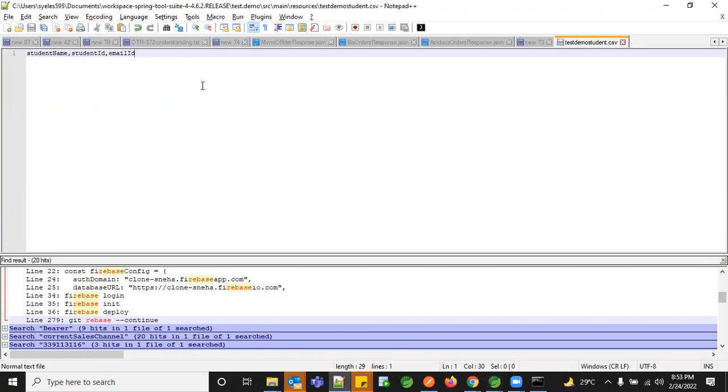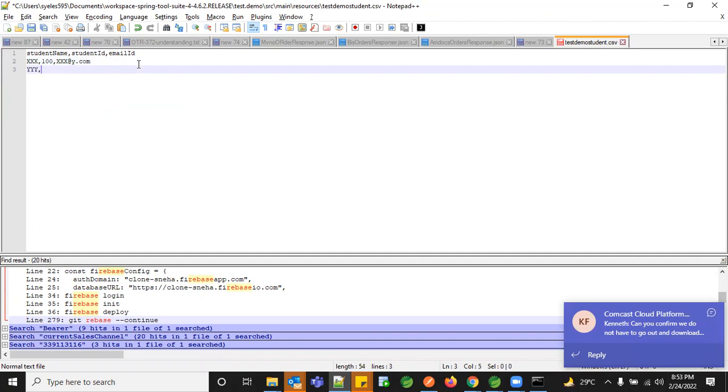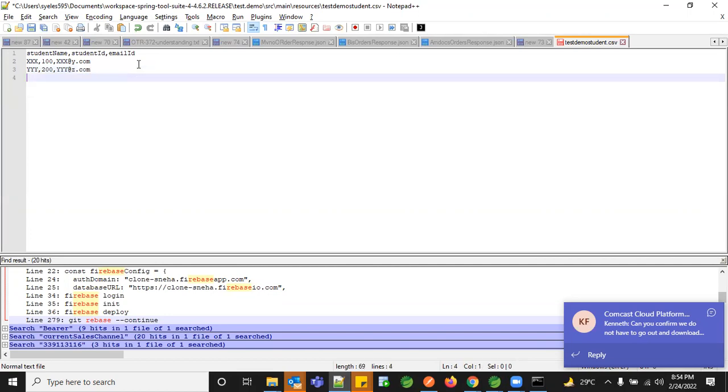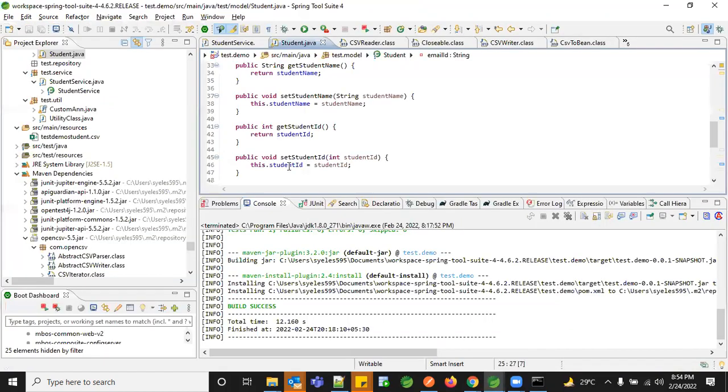So we'll have a few pieces of information for them. How do we want to read this data? We want to read data line by line, and then get the information.